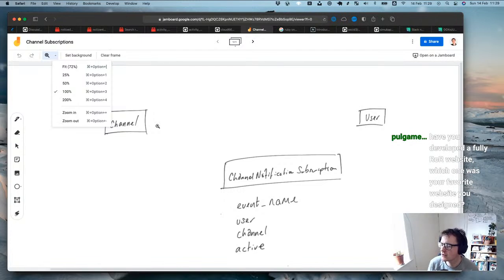Before we do that, I'm going to answer this question here. Have you developed a fully Ruby on Rails website? Which was your favorite website you designed? I have developed many Ruby on Rails websites. I don't know about many. Some as a job. And my favorite website is